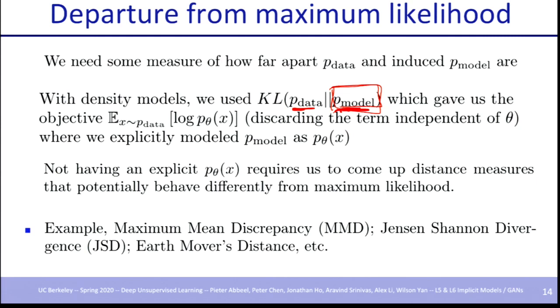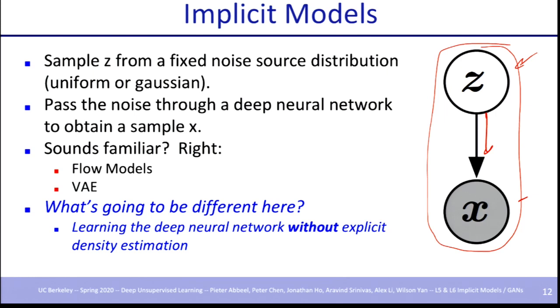The big takeaway here is that we're not going to explicitly represent a probability distribution the way we have done so far. There's not going to be a P model of X that assigns a number to each possible data point X. Instead, implicitly, we know that if we sample Z's, they will result in X's through the mapping that we saw in the previous slide. So this mapping will turn Z's into X's. By choosing a mapping from Z to X, we are inducing a model distribution. But we're not going to have a form for it, something that says the probability of this X is this much.